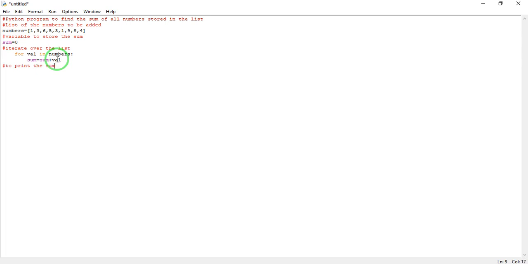So this code will print the sum, and to print something, the code is: write print, open bracket, put quotation marks, and whatever you want to print: the sum of the numbers is. So this is the text which we will print. And for this you close the quotation marks, put a comma, and then you put this sum and close the bracket.